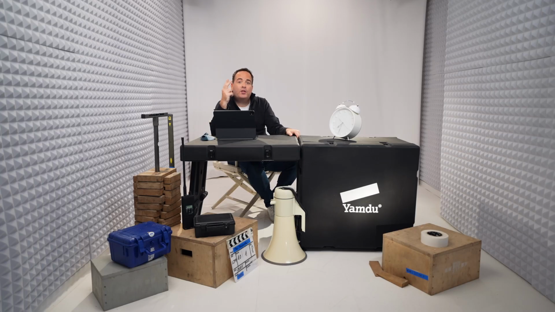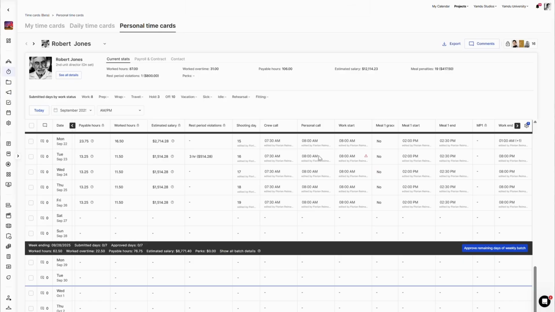So that's 2 times the hourly rate for the first 2 invaded hours. And for the third invaded hour, we actually take the hourly rate with the overtime factor of the previous day's work end. And this is, in this case, 2.5x. So this gives me a total of $514 and something dollars.